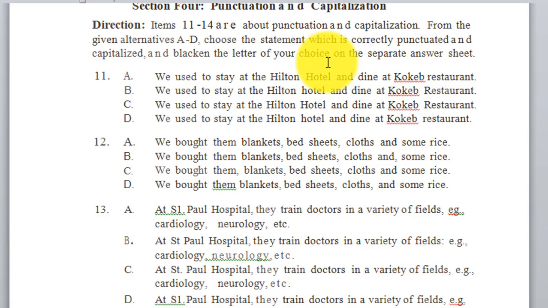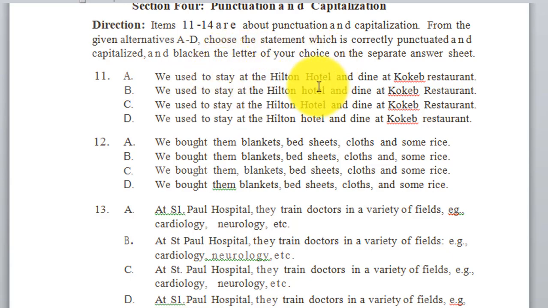The first one is question number 11. Question number 11: which one do you think is correctly written or correctly punctuated? We used to stay at the